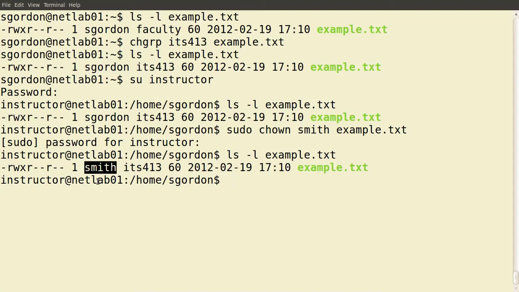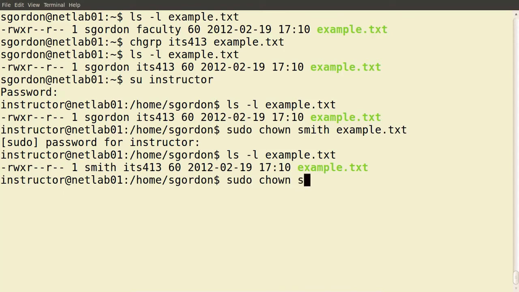But we need to be careful that we don't always have permissions to change the owner, and in some cases also the group owner of a file. In this example I used sudo because I knew I didn't have permissions to change the owner to Mr. Smith in this case. In fact, it turns out you can use the command chown to change both the owner and the group. So we don't need to use change group. We can combine,